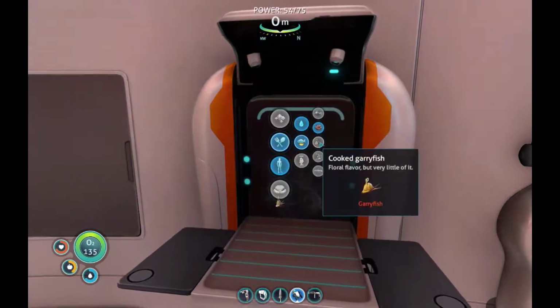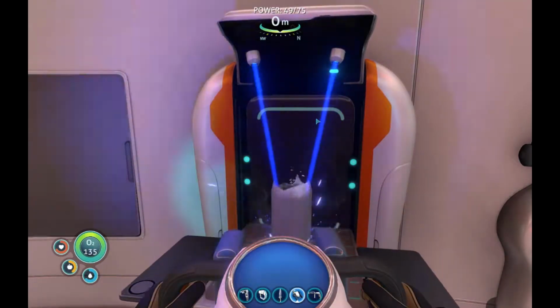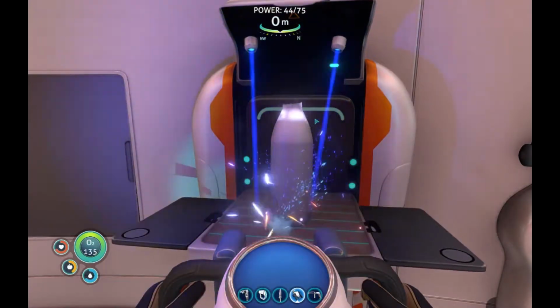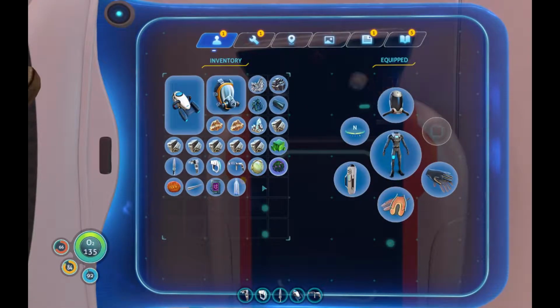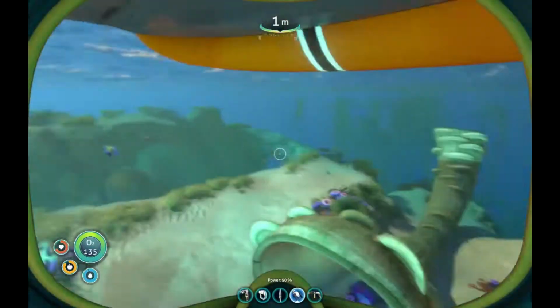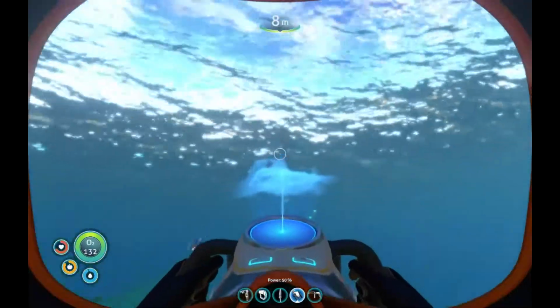But I can make some water just for later. One to use now, one to use later. It's scary down there. Filtered water. Those for now, and actually I'll cook something else, because the next thing we're going to do is...